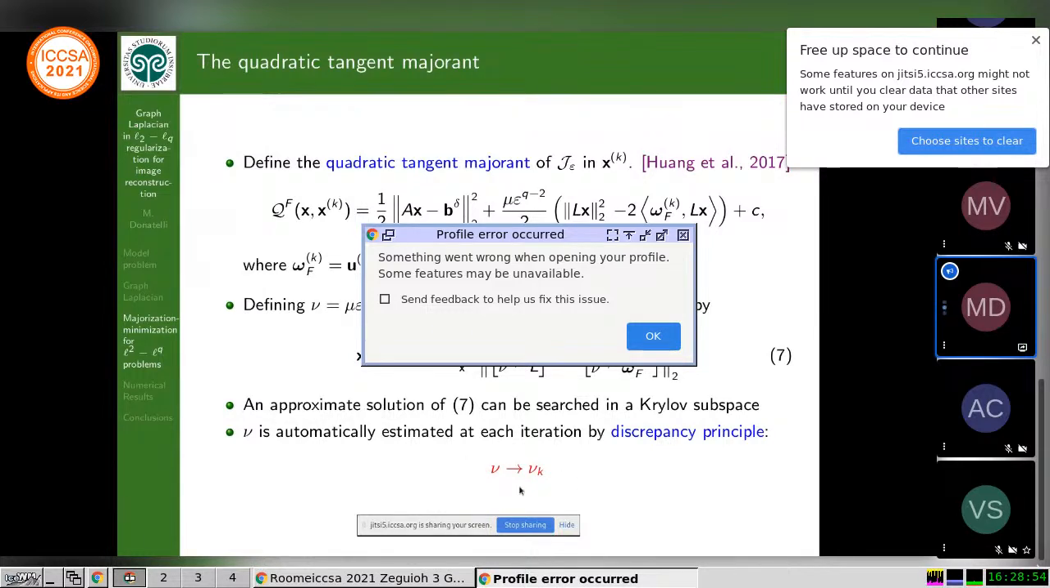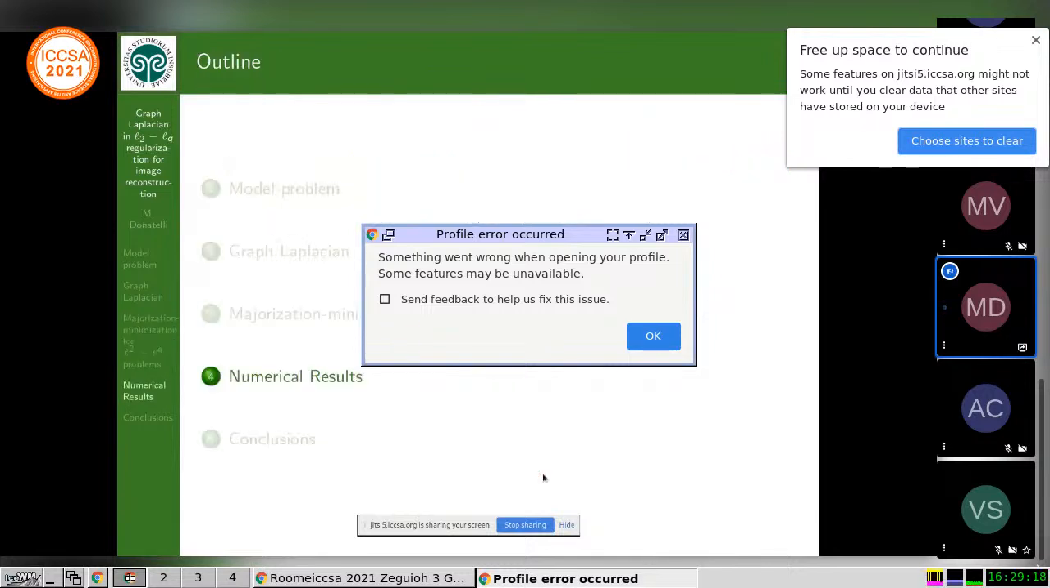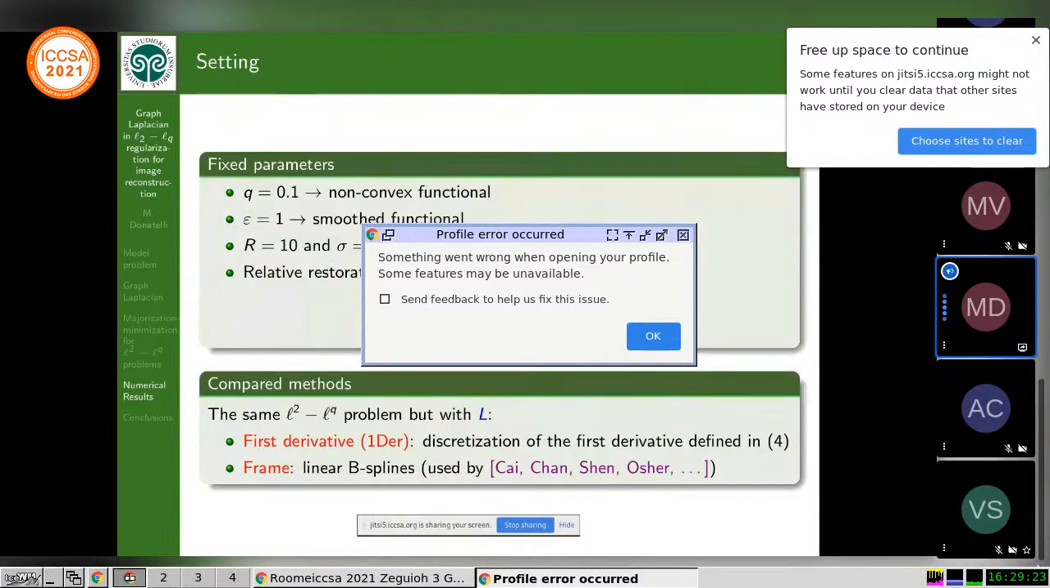What I only want to stress is that we will estimate automatically the regularization parameter, mu, or eta in this case, according to the discrepancy principle. So we change the parameter at each step, and the parameter depends on the Krylov subspace that we are spanning at the current iteration. So just an example, as I said, we take a q small to have a non-convex